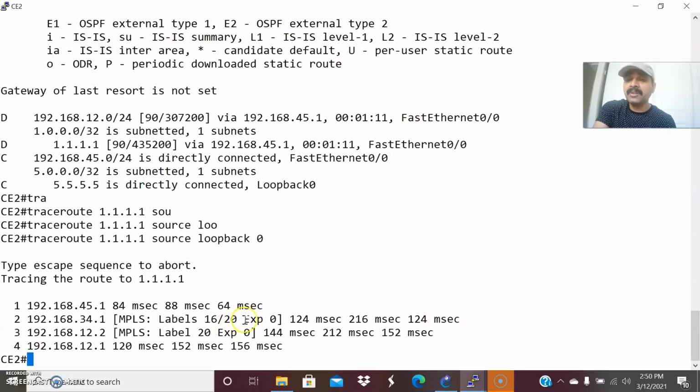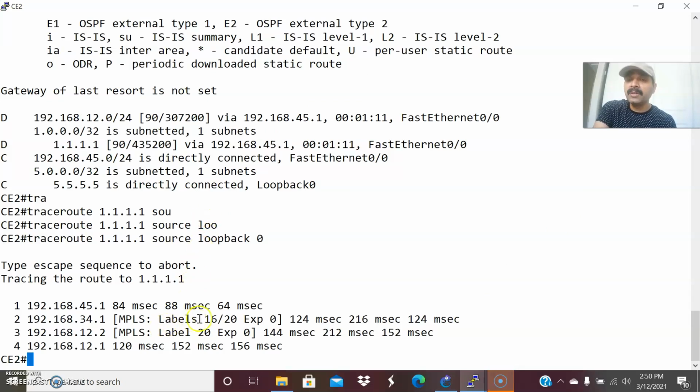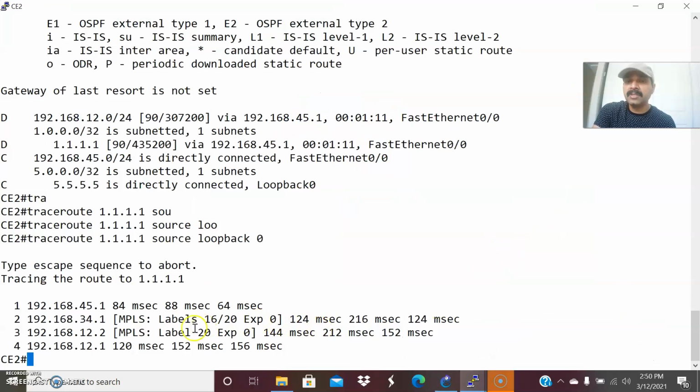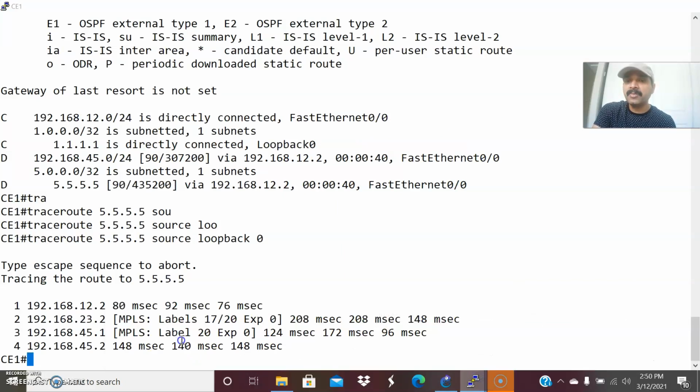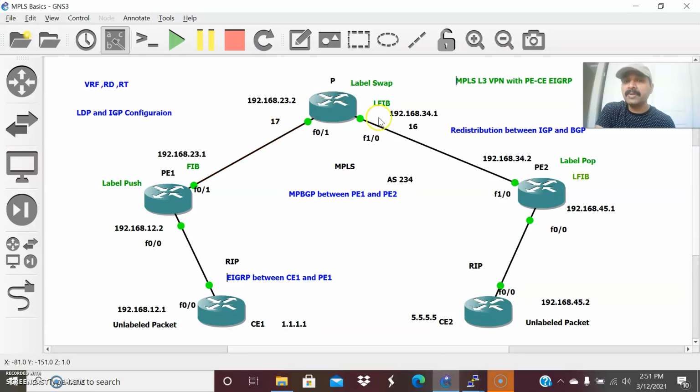The VPN label is used for different services and it remains unchanged all the way, but only the transport label will be swapped. So this label will be 17. Since this is a provider core router, it will do a label swap from 17 to 16. At this end you see 16, and from here, tracing shows 17. That means it swaps the label from 17 to 16.